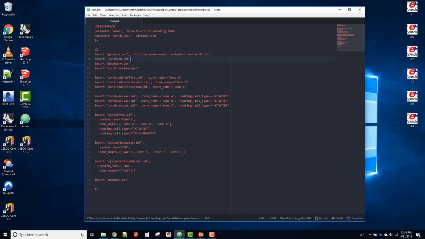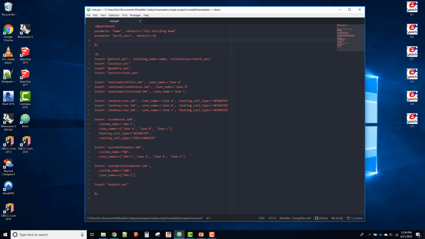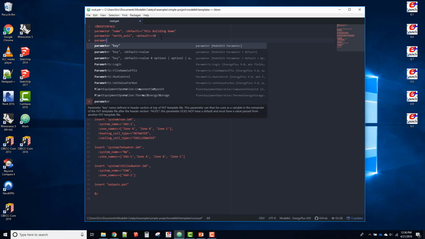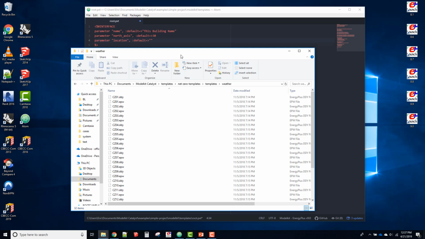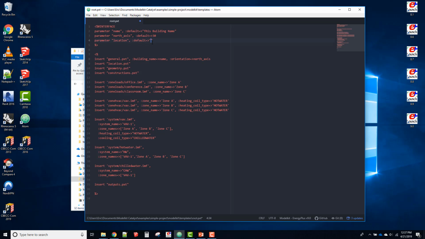The way that we can do this is create a new parameter, call it location or climate zone, whatever you want, and set a default equal to one of these climate zones. So we'll just set the default equal to CZ01. Now the way that we pass these DDY files into our root file is, instead of saying insert location.pxt, we're going to say insert in our weather folder, which we created,